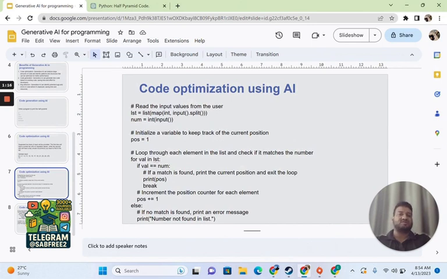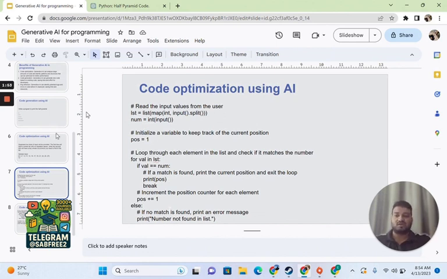Here I am just taking the list and then taking an input, then assigning the initial position as 1, and I keep on adding to the position. Basically, I have already written a linear search algorithm. Now, if you know, linear search is not the most optimized algorithm, and when we do linear search, we consume a lot of computation power and execution takes long. So now I'm going to learn through ChatGPT: can I do some code optimization? Can I write a better code?